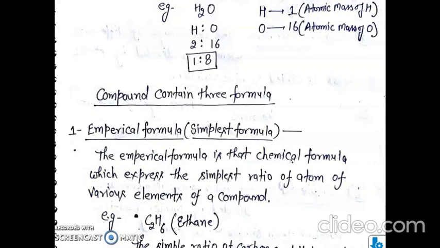A compound has three formulas. First is the empirical formula. It is called the simplest formula. The empirical formula is that chemical formula which expresses the simplest ratio of atoms of various elements of a compound. For example,